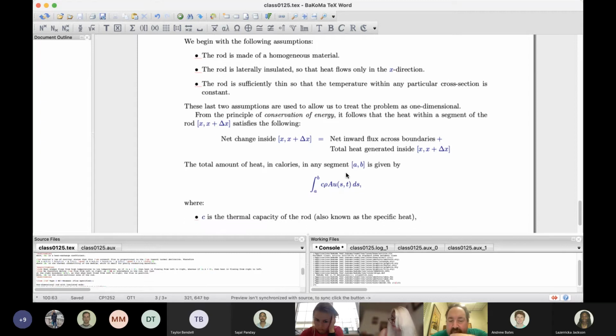So the amount of heat within that segment is defined here. So if we have an arbitrary segment AB,